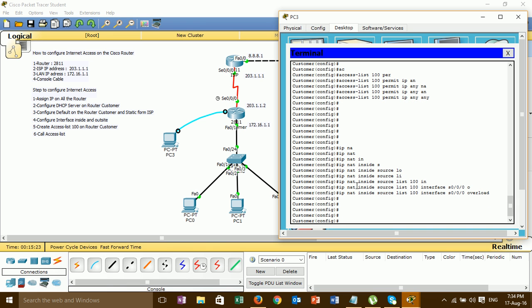This is the step for calling the access list. Now we are ready to configure internet access.